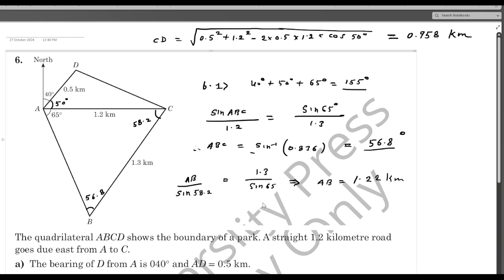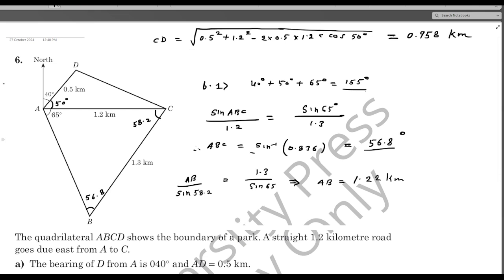So required area is equal to half times 0.5 times 1.2 times sine of 50 degree, plus for the lower triangle